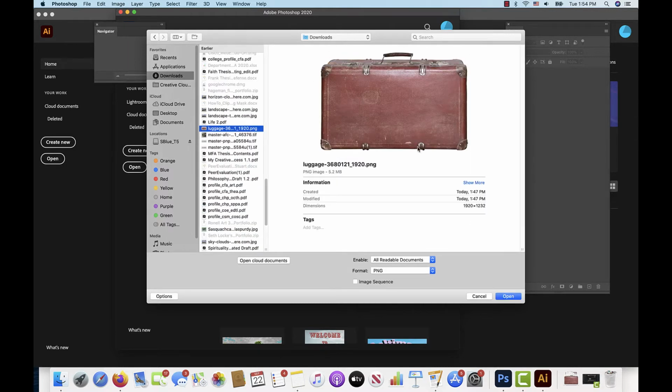I have a file here of a piece of old luggage. That's what I'm going to use to do a vector drawing. Just a simple suitcase, let's say, as an example. I'm not actually going to draw a suitcase, but let's open that,